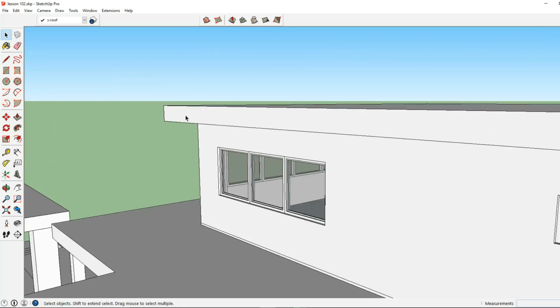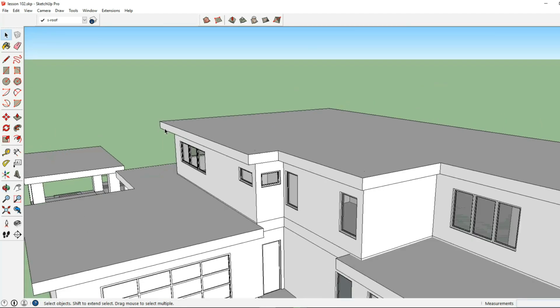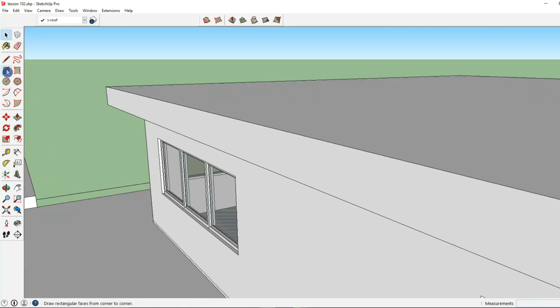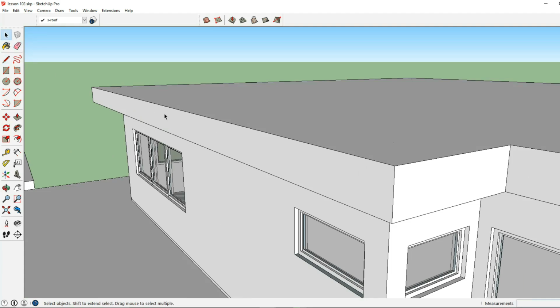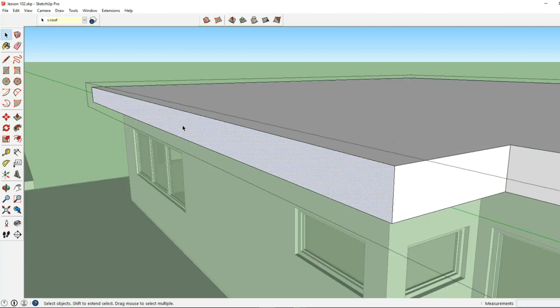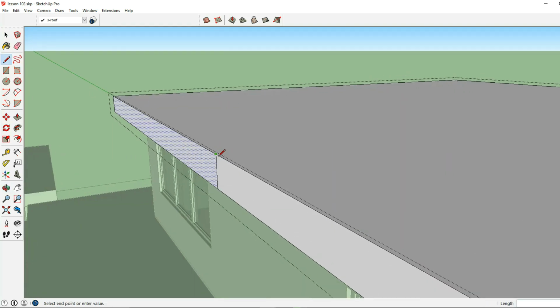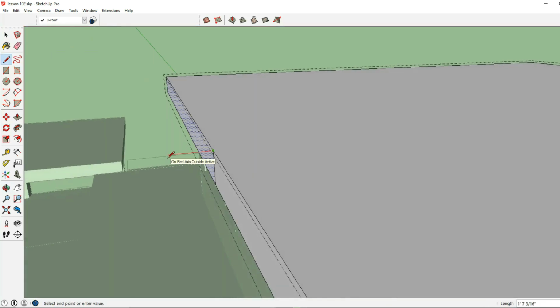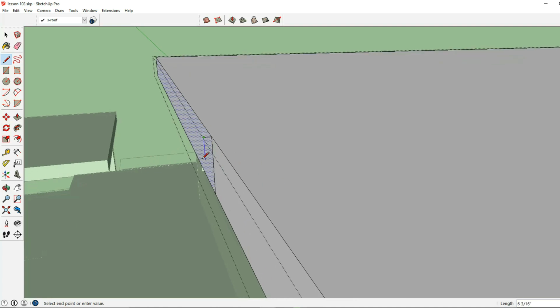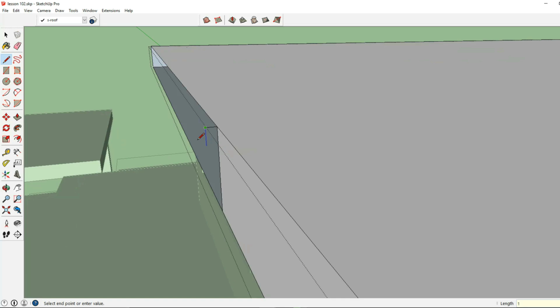Now let's give this an I-beam look to this roof, and the way I'm going to do that is using the Follow Me tool, which is an awesome tool that will allow you to do a lot of cool things. So I hope you really see the advantages you can take using this tool. So what I'm going to do is create just a little I-beam edge look. I'm going to extend this 2 inches,